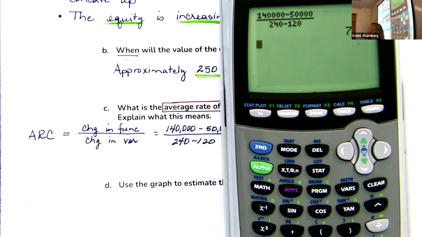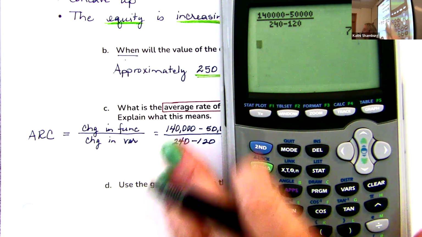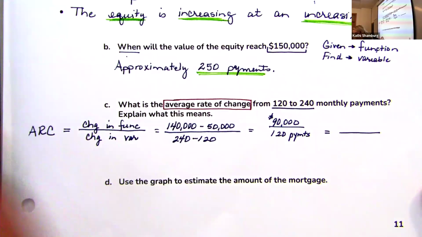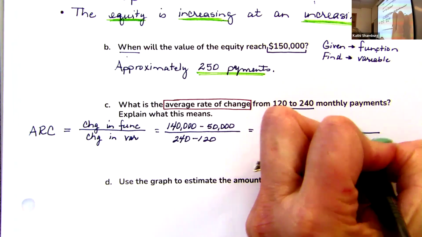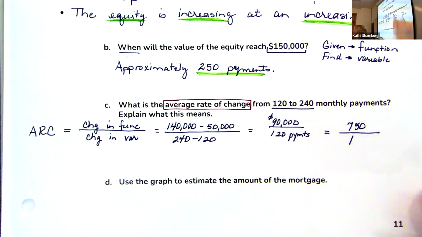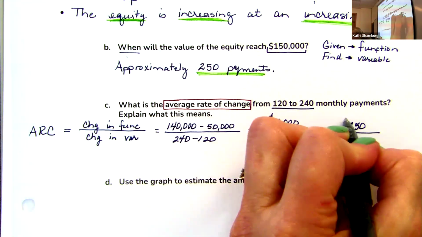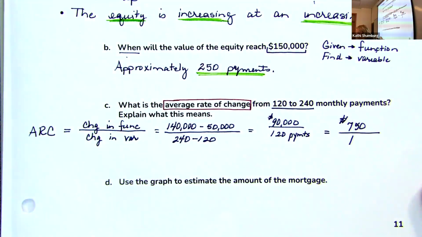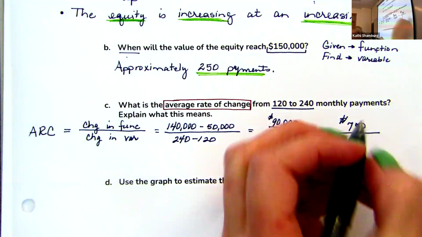How could I write 750 as a fraction where it has a numerator and a denominator? It's over 1, right? Which is what we want, a unit rate. So this is 750 over 1, and then you have to label it. So on top, we're talking about money, $750 over 1